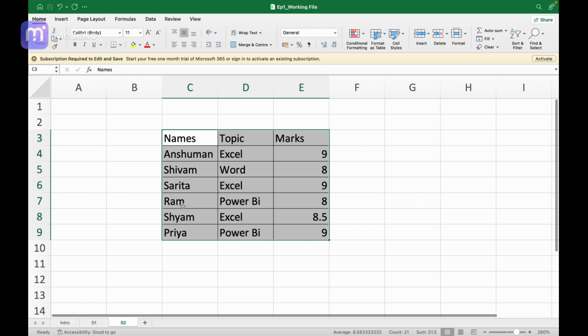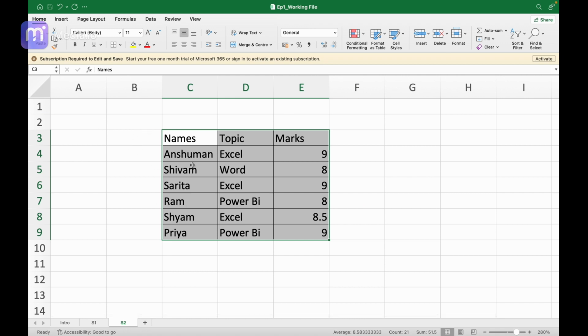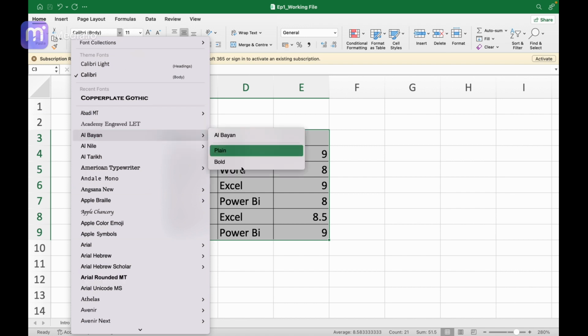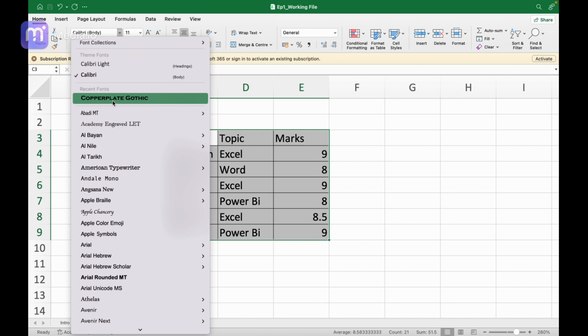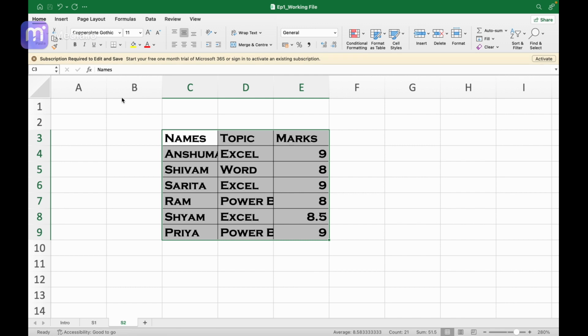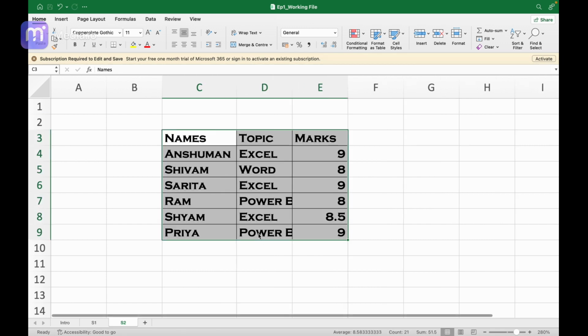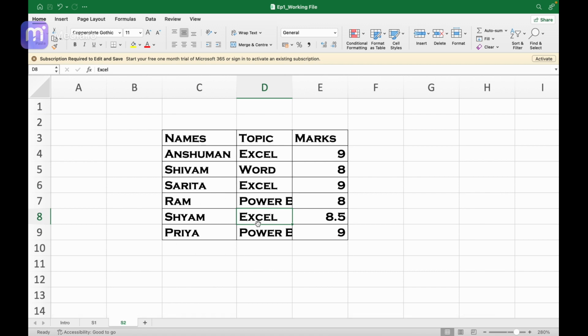However, if you can go with another text format, what you can do is select your data. Either you can click over here and press Ctrl A, or simply select your data with your mouse and go to the text format. In this font list, you can find a lot of fonts which show only uppercase letters. I have one example over here, Copperplate Gothic, but you can find other fonts as well. If I click on this format, you can see that all of my data is converted into uppercase. If I press Ctrl Z, you can see the text was lowercase, but when I use this format, my data is displayed in uppercase letters.